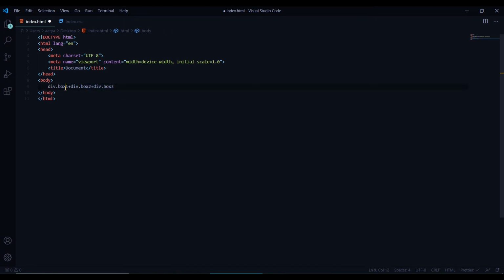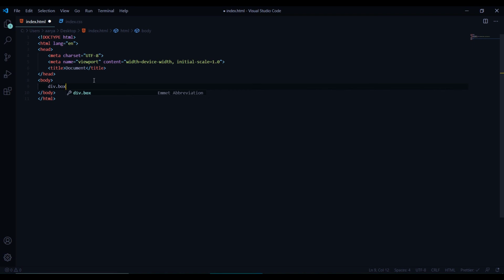But as you see, I achieved this by this method. I wrote 3 sibling div tags and I gave separate classes to them. But to make it even shorter, we have another very cool way to do it. What we need to do is mention the class name like this. The box will be the prefix of the class name, and then as we want box 1, box 2, box 3, then 1, 2, 3 are the incrementers.